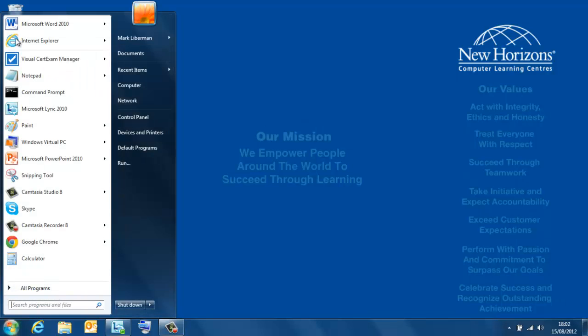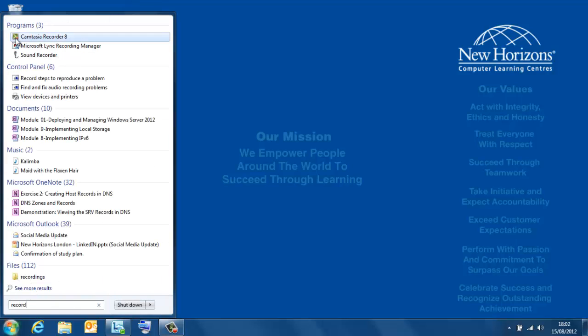One of the nice features about Windows 7 is that you can use indexing to find most anything in the system. So for example, if I typed record, you can see a few shortcuts that I've got on the system. Camtasia, which I'm using right now to record this. I've also got record steps to reproduce a problem, which is Problem Steps Recorder. Open that up,